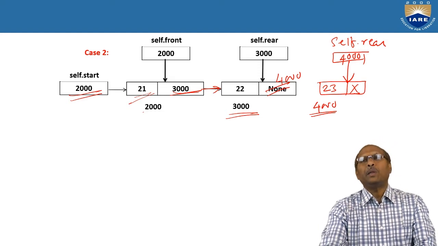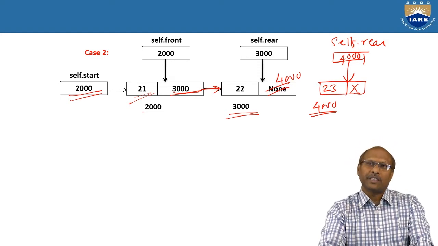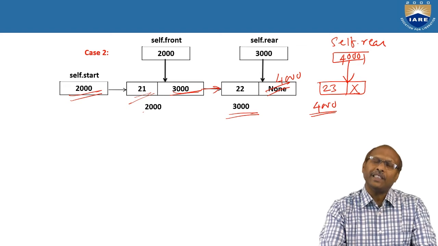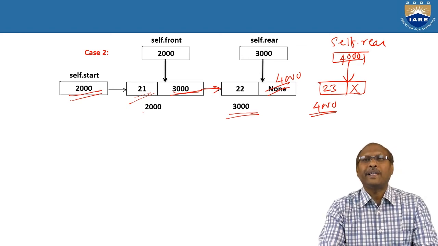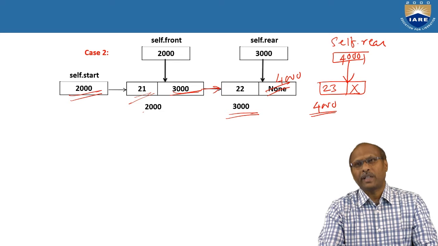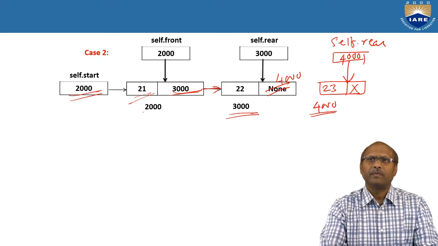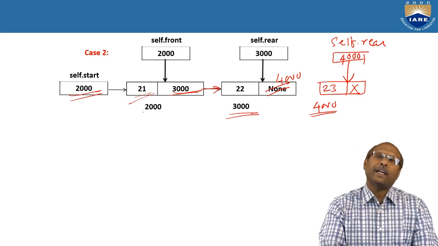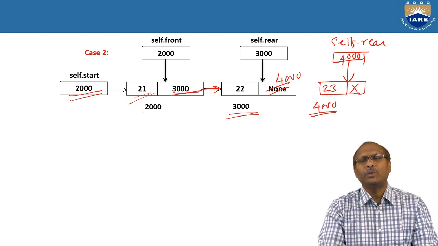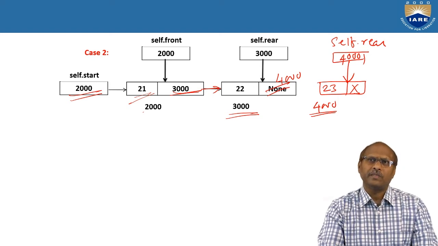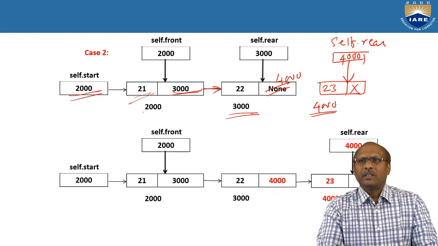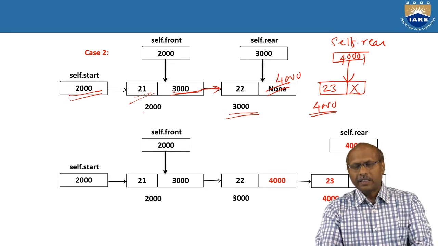Of course, here you can put a restriction also. How many nodes do you want to insert? If there are 3 nodes, after 3 you can say it's full. So you can maintain a counter, and using the counter you can put a condition. Of course, in a linked list the only constraint is memory, so there is no need to put that condition also. So like this it is working.